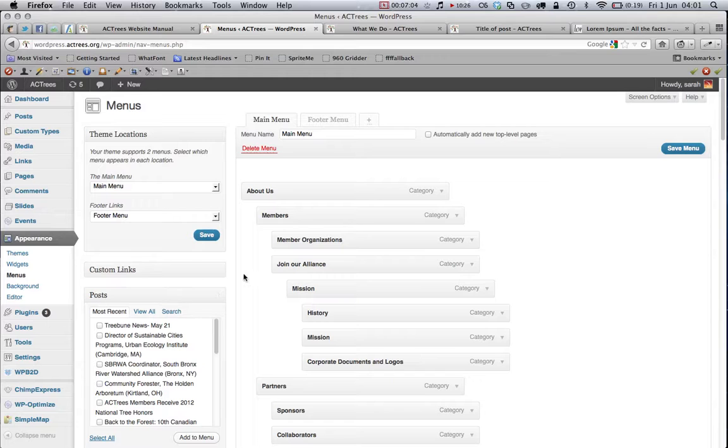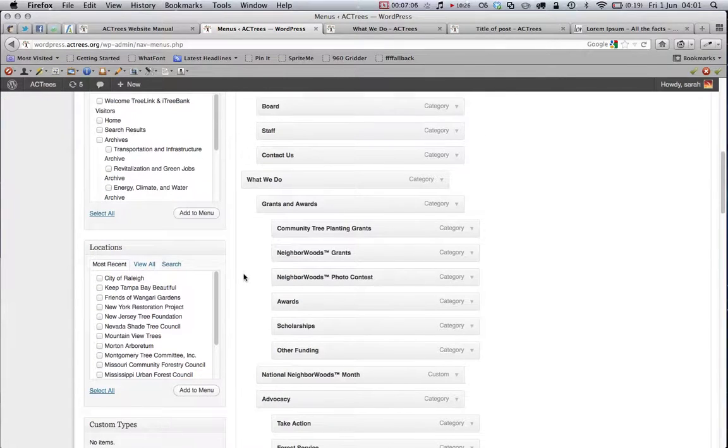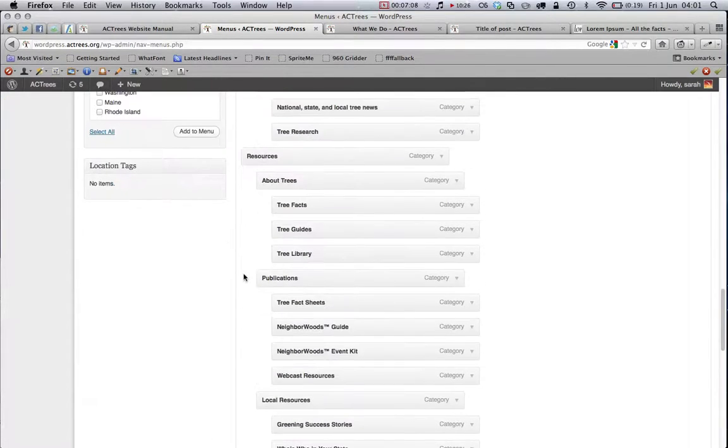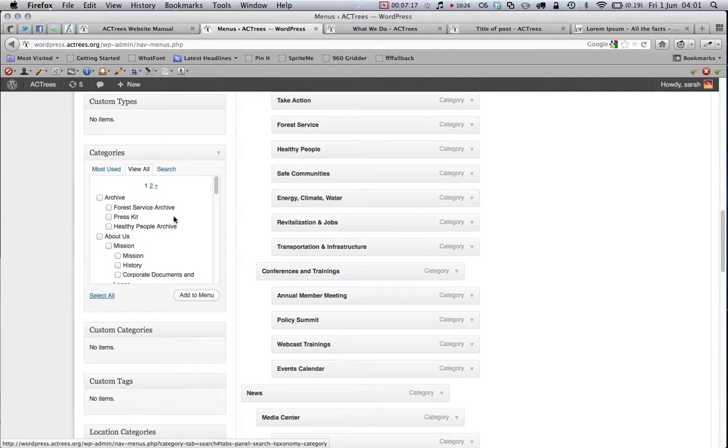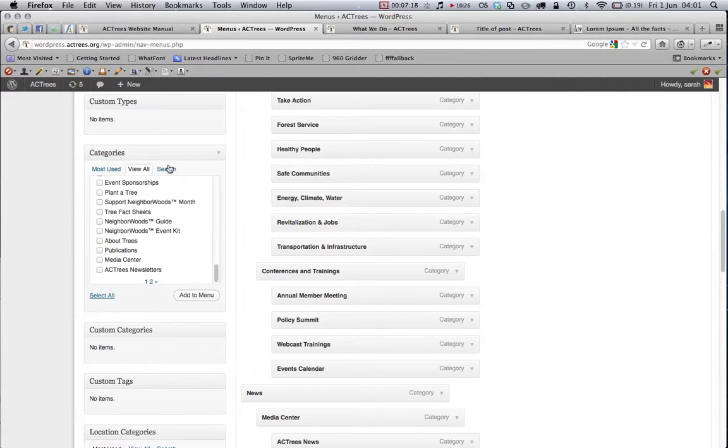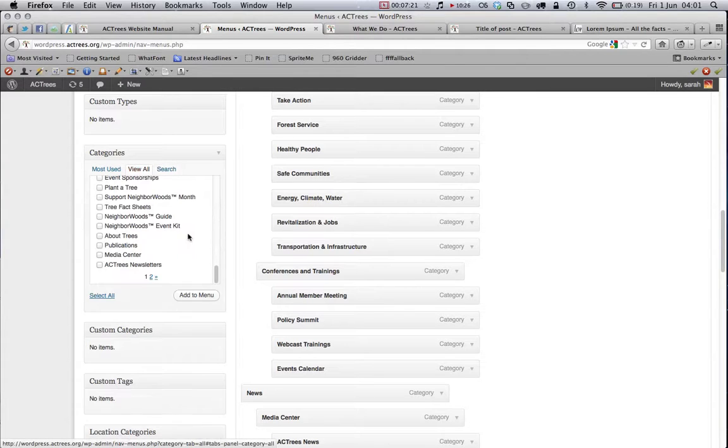If you want to add a new category, what you would do is scroll down here to categories. You can select from there. This view all will give you a listing of all the categories, which again is quite long. And you can also search if you're looking for something in particular. But let's say I forgot to put neighborhoods guide in there, or I just made a new category. I would just select that, click on add to menu,